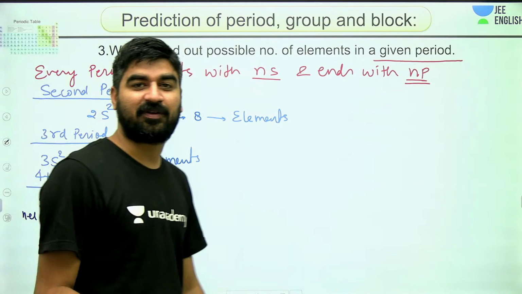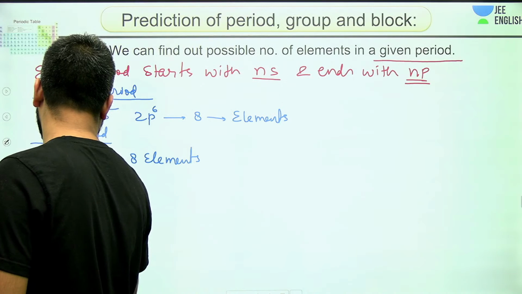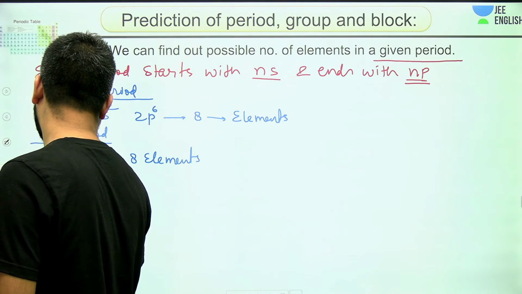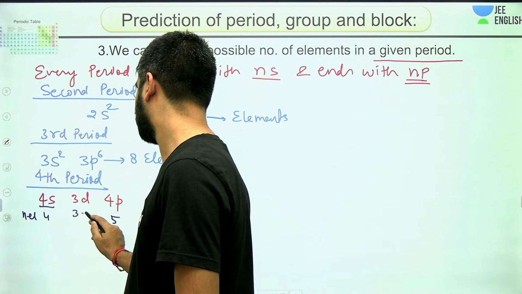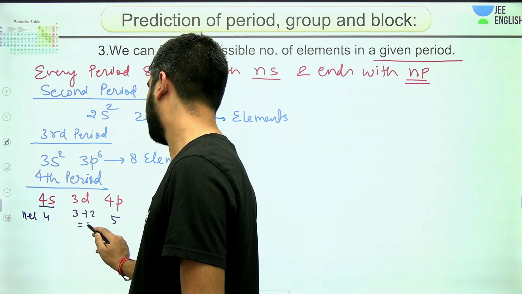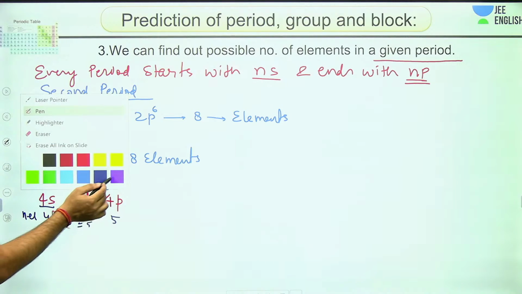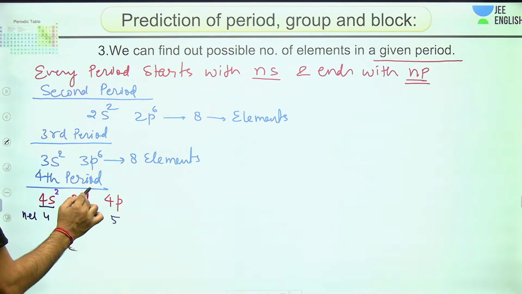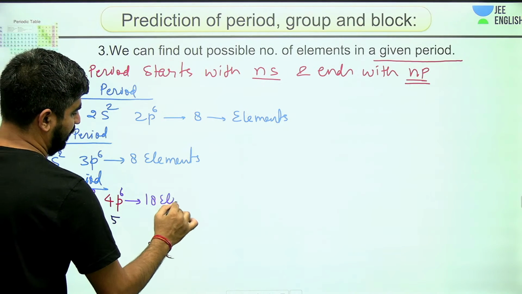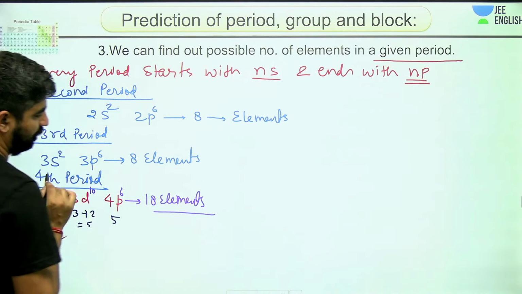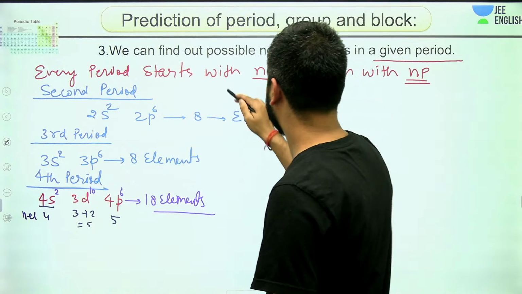In between 4 and 5, we can have one more orbital, that is 3d. And if you calculate n plus l for it, it will be 3 plus 2, that is 5. So how many electron you can fill into it? How many electron you can fill, guys? 2, 10, 6. So there are 18 elements. Got it now? Now can you do it for